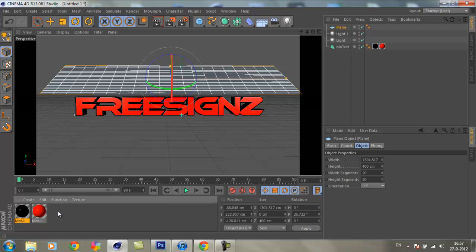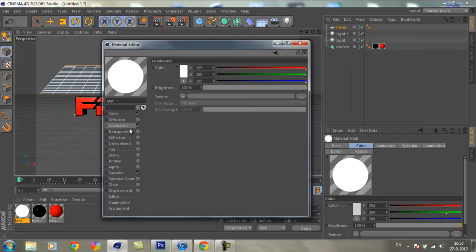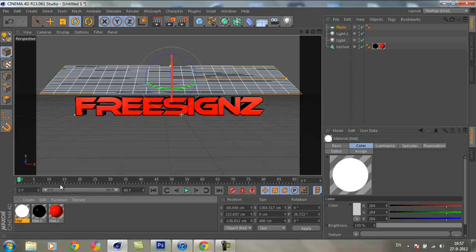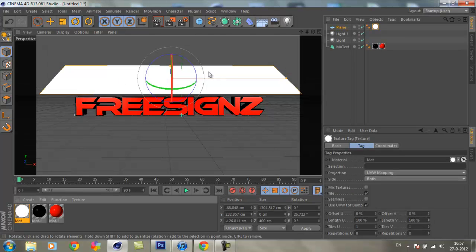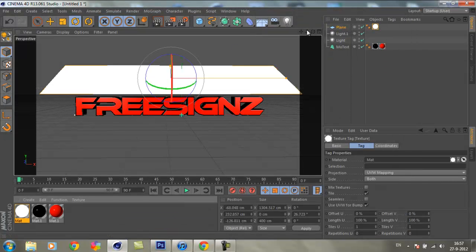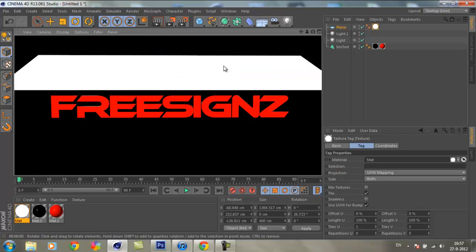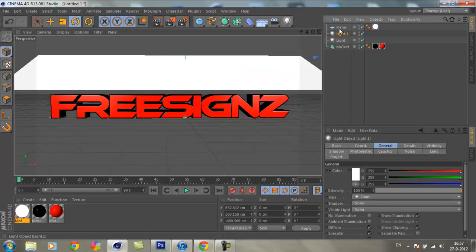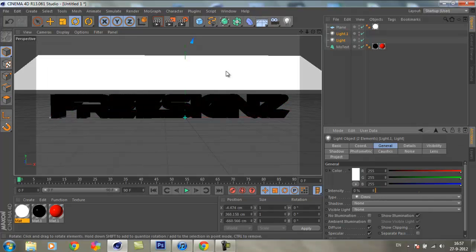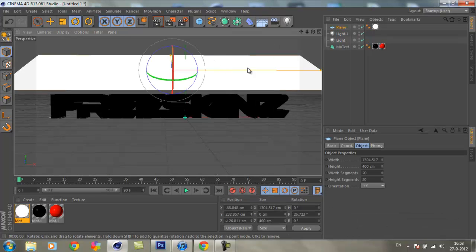So what we do, we just double click, let it create a new material, we go to luminance and we press OK. You just check that and then close it again, drag the luminance to that, and render it out again. Oh, not like this. Render it out again and see what happens. I don't really know if there's something happening because those lights are still there, but I'll just get intensity down and then you can see what's happening with that. Actually, nothing is happening,